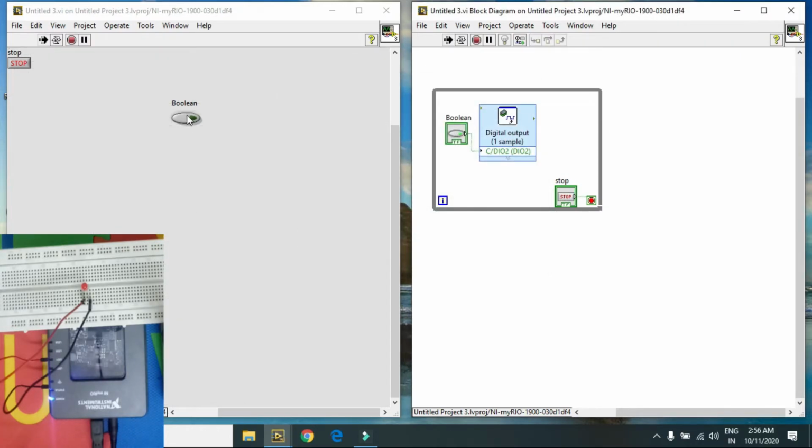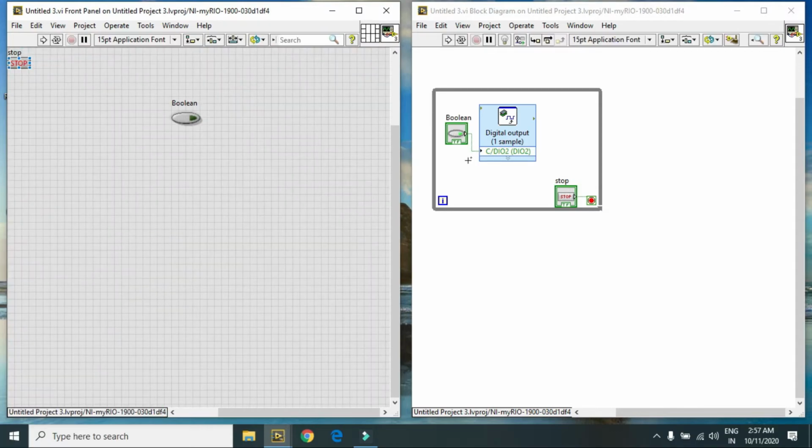When I hit on the boolean, my LED goes on, as you see in the hardware part. When I hit off, it goes off. So this is how you generate a digital signal using Express VI in MyRIO.